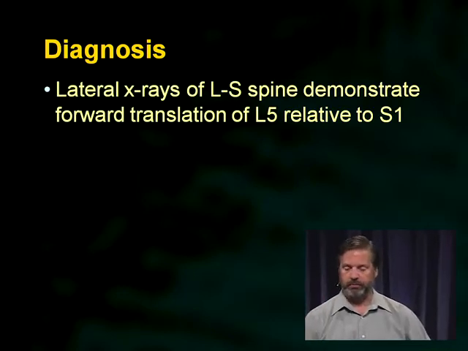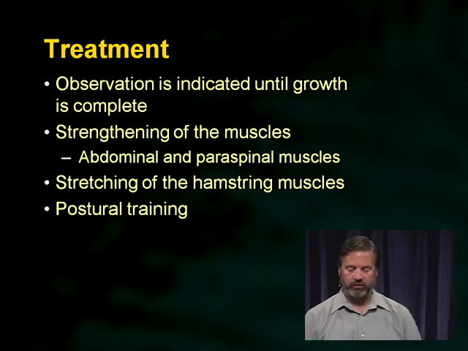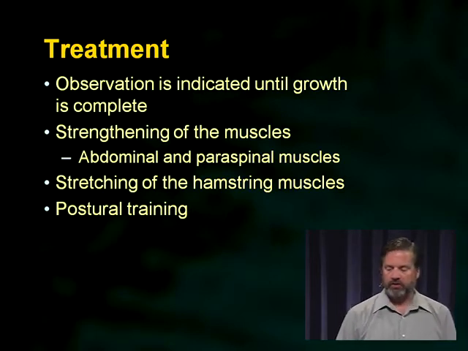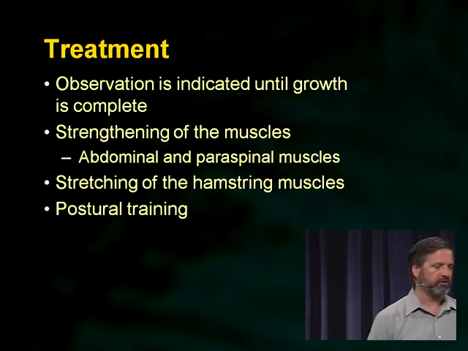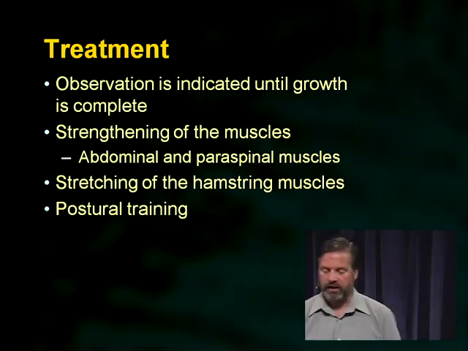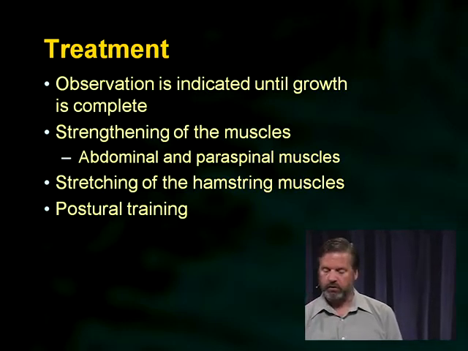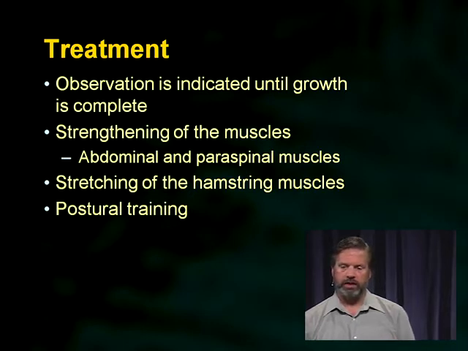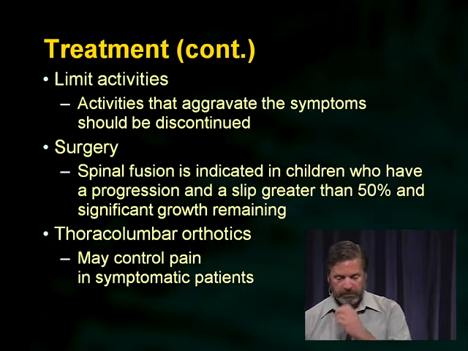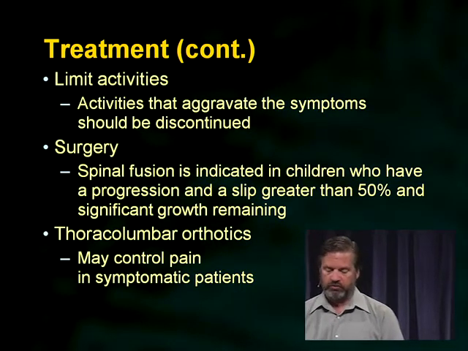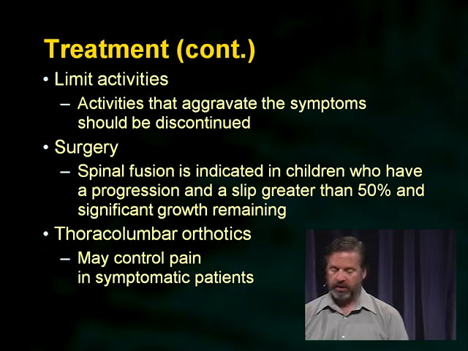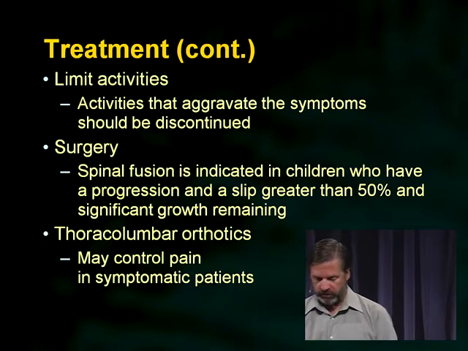You'll see that slipping. And the treatment, again, is generally conservative, so it's teaching the patients how to stand in a different way, how to stretch those muscles out so you reduce that level of stress at that point in the spine, and strengthening the muscles of the abdomen and the paraspinal muscles. So these are things that are generally related to activity, and they can be exacerbated with growth spurts, so the things to watch out for. Limited activities, surgery is very uncommon, but they can do a spinal fusion if the problem becomes significant enough that you're starting to develop significant deficits. And then orthotics are always helpful.